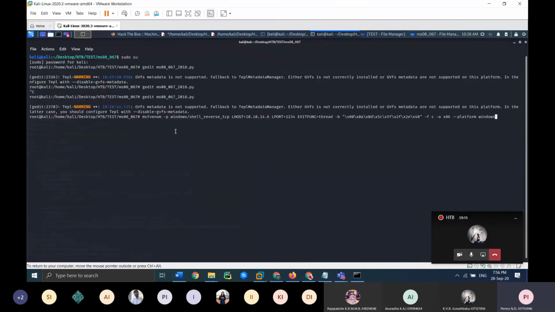So we are coming here. Now we will be generating the payload. Minus p is payload. We will be generating the payload to our LHOST, requesting a connection from the Hack The Box Legacy box to our machine. So our LHOST is this. We will be asking Legacy to connect to this port, and we will be excluding the bad characters, and the platform is Windows. Now we will be generating the payload.